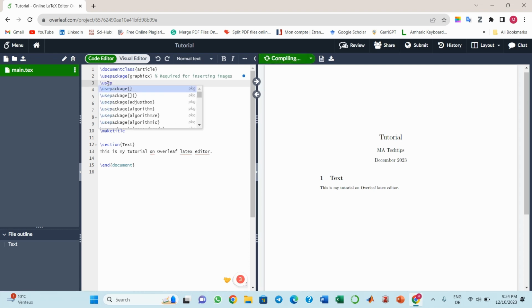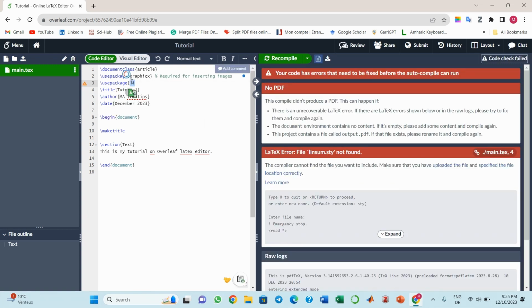Then when I start typing, I will see different options here, so I can choose the one that I need. This is just \usepackage. Then inside the curly brackets, I will write